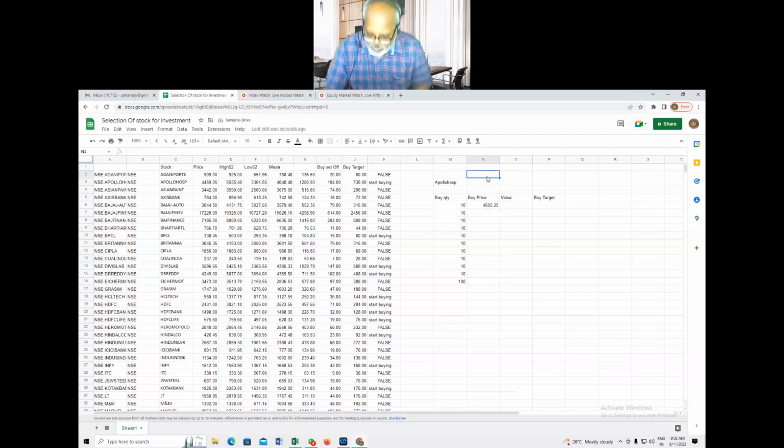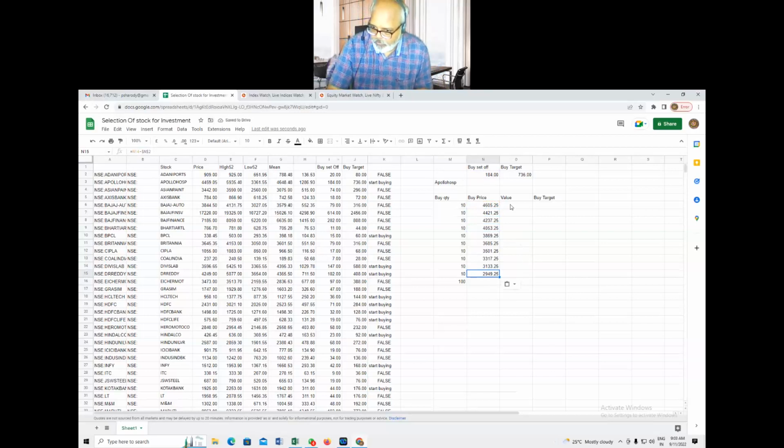And now I will put this set off here just to understand what would be my next buy, and this would be my target. So this would be buy set off, and this will be my buy target. Now, if I consider the buy set off, I can put a dollar sign and I can drag this. I can just copy paste or drag it, so I will come to know